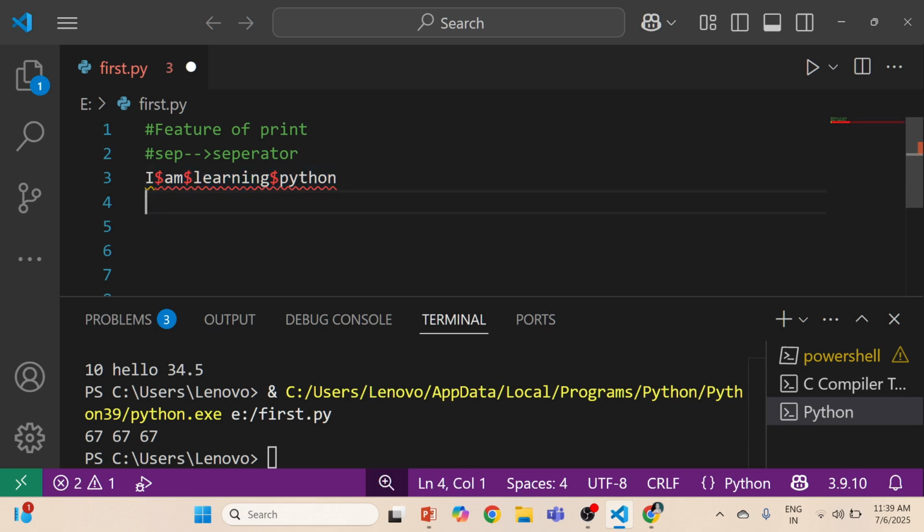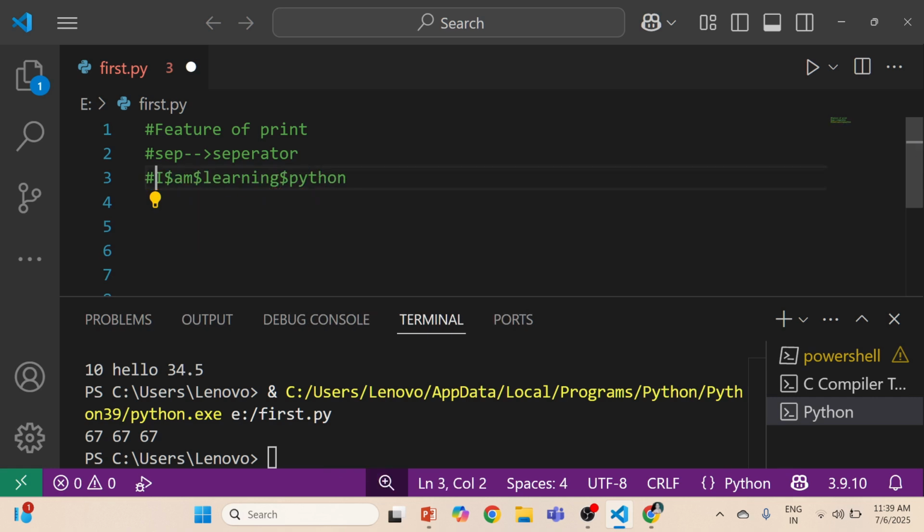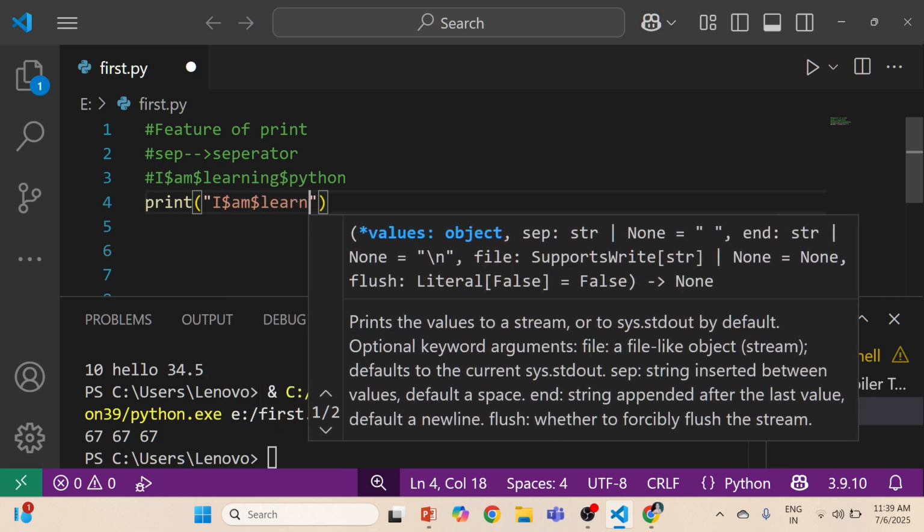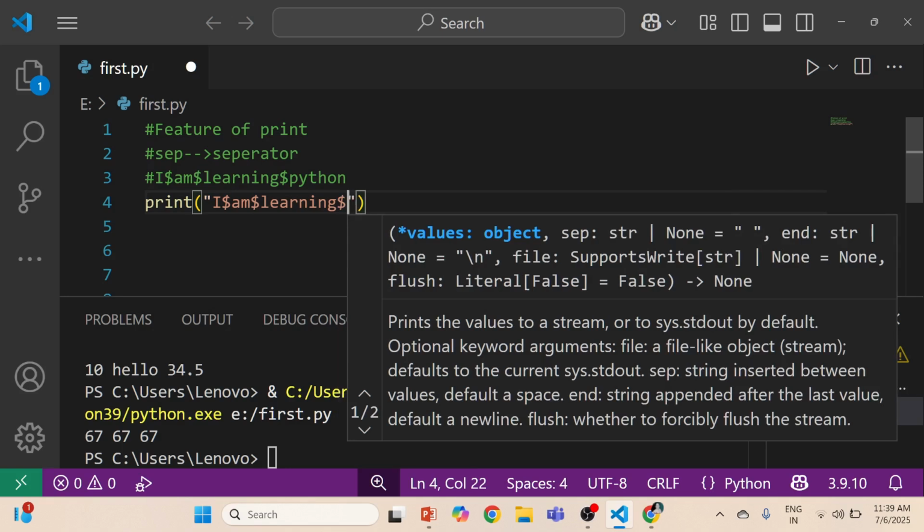I want to print like this. Now usually what you will do manually, if you do it, how will it happen? I will have to put the dollar myself, like I dollar am dollar learning dollar. But what if your sentence is too long? You cannot keep on adding dollar yourself.